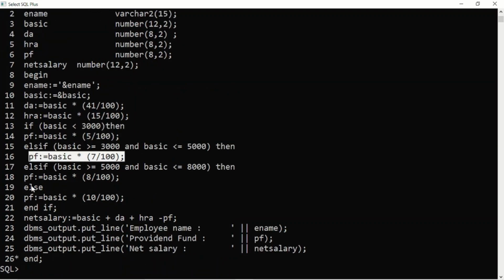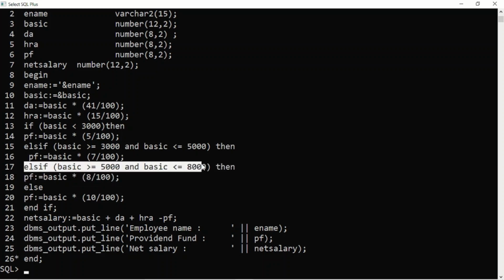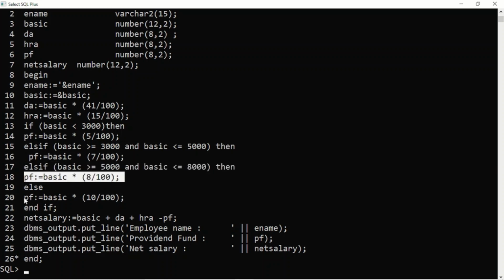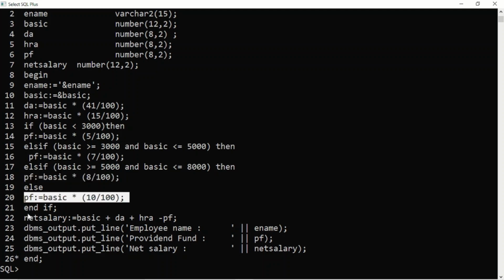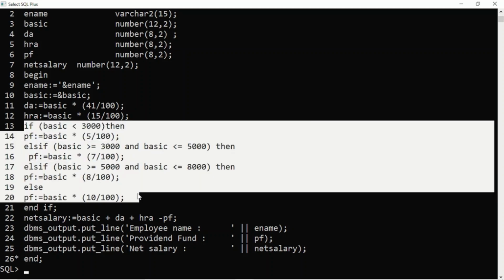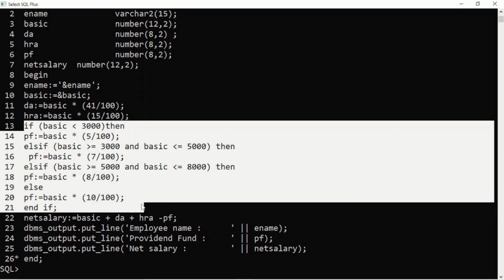Else if, next condition, if basic is greater than or equal to 5000 and basic is less than or equal to 8000, in that case we'll have PF 8% of the basic. Otherwise, beyond 8000 we'll have a fixed rate, that is 10% of basic. So from here to here is the calculation of PF based on various ranges, or basic salary range.